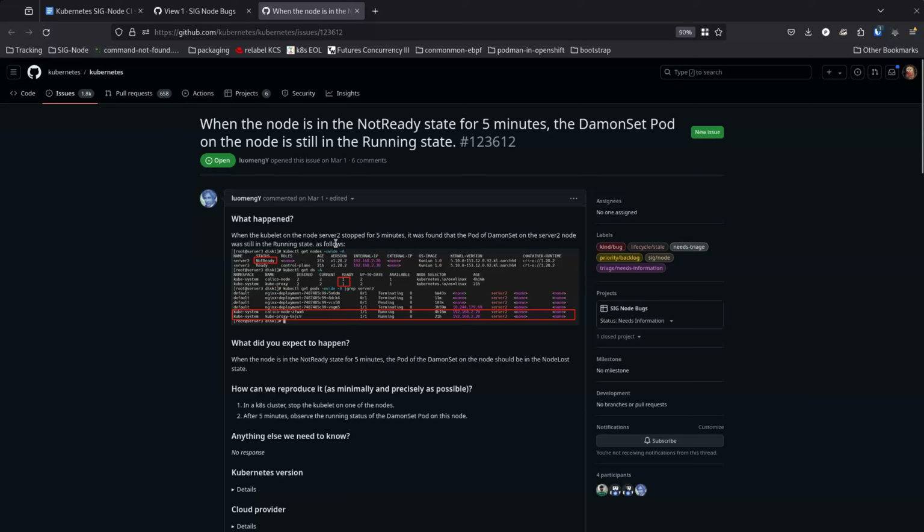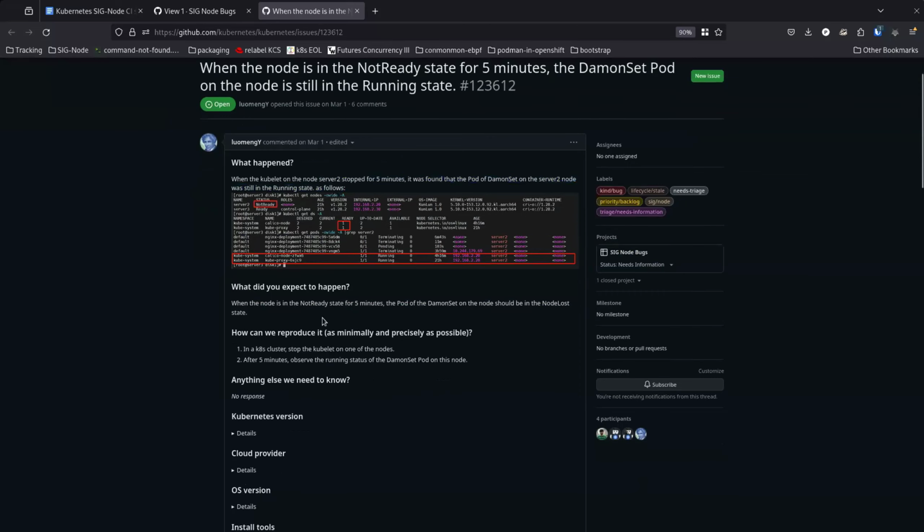I think that's by design, right? Even if a node is not ready, I think daemon sets override that. Yeah. Weird, but I've never heard of this node lost state.